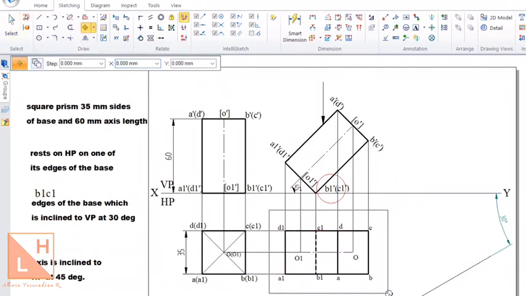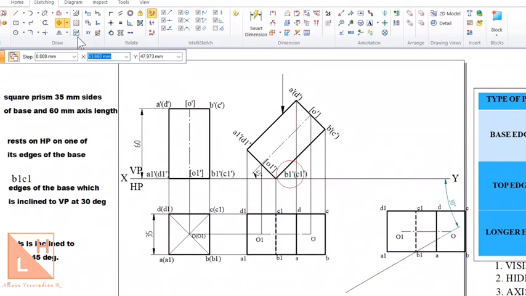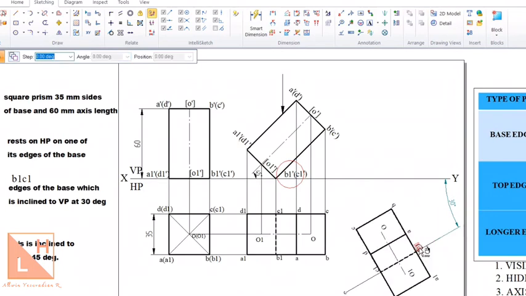So on this 30-degree line, I have to incline the edge B1 C1. Here we can use the move command. While you are drawing it manually, you have to use the arc method. So switch on copy, select the point B1, move it and place it on this 30-degree line, and then you can use the rotate command. Select point B1 first and then select C1 and rotate it to 30 degrees, and that completes the top view of the third position. From here we need to generate the final position of the solid.